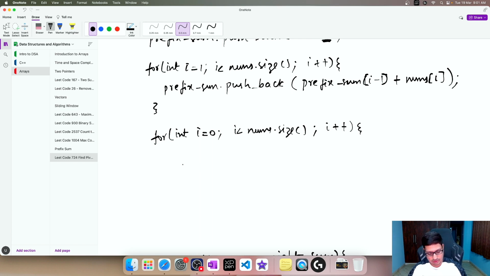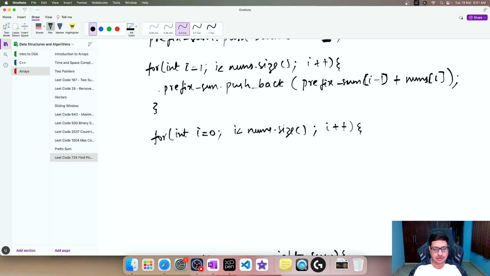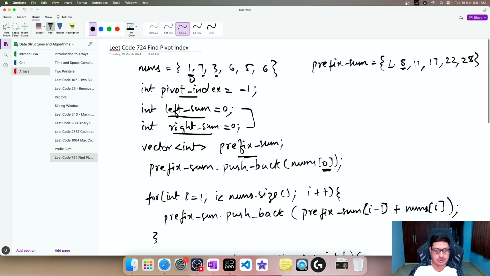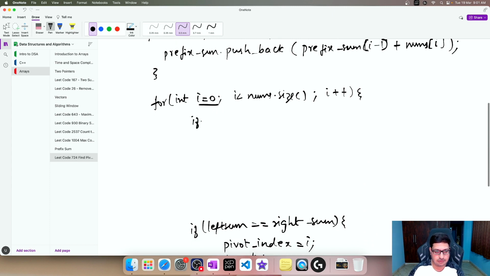So left sum. So if we go back to the question, they said if the index is on the left edge of the array, then the left sum is 0. Okay. So now we are at index i equal to 0. i equal to 0 is here. So these are my indexes. So i is 0. So this is at the left edge. So there is nothing to the left of this. So the left sum at this point is 0. So we will add this condition. If i equal to 0, then left sum equal to 0. Else